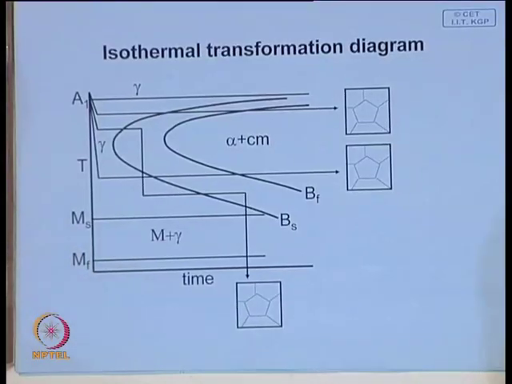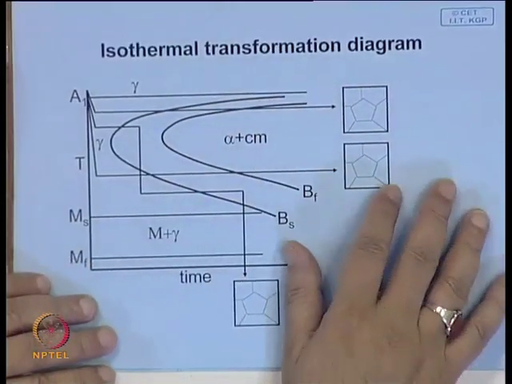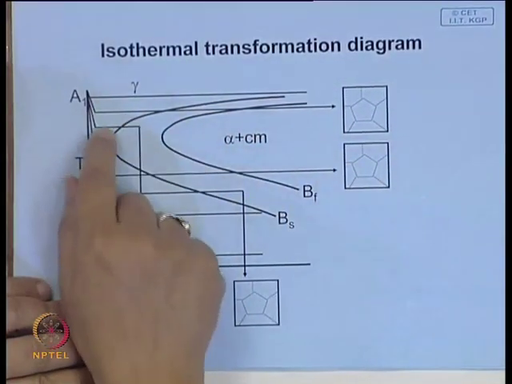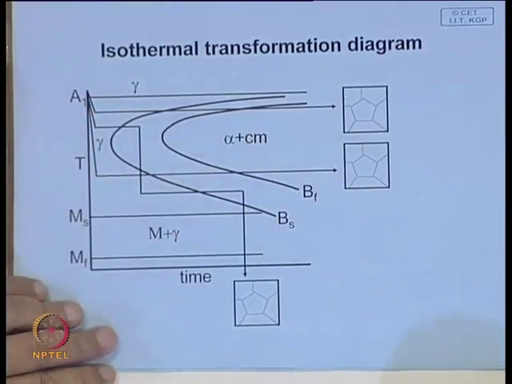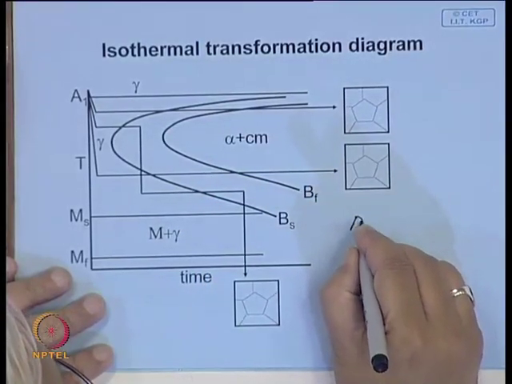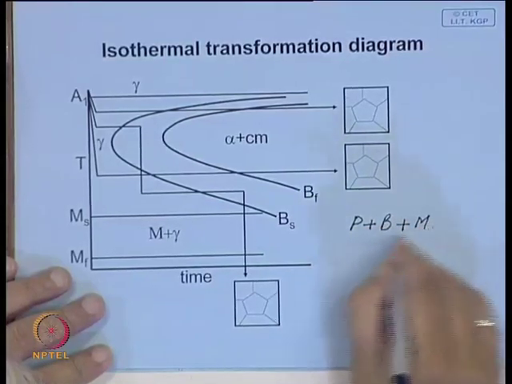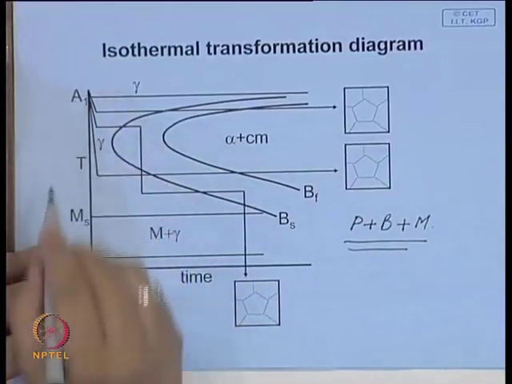Now, the question comes: so that means you can get a wide range of microstructure in the steel depending on how you allow the steel to cool. So, one can think of various types of isothermal heat treatment process. Suppose we say, can you design a heat treatment process where, in a eutectoid steel, you get some amount of pearlite, some amount of bainite, and the balance martensite? Is it possible? So, if you look at the diagram here,